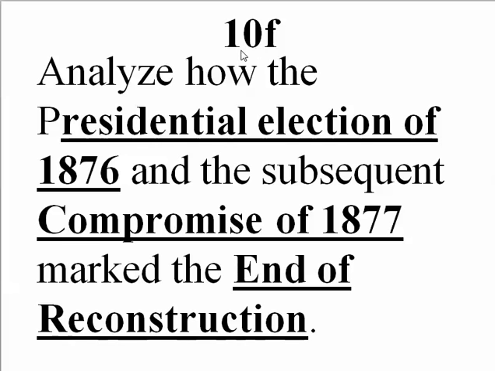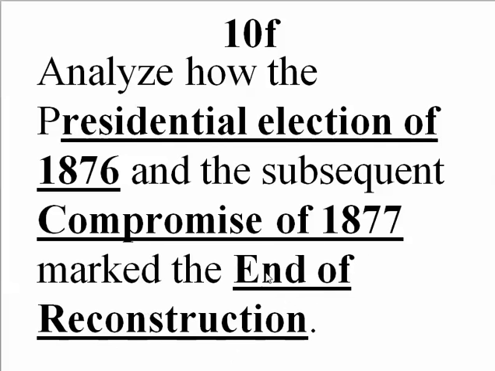Alright, let's look at Standard 10, Substandard F. This is going to be the last video of Unit 4 and the completion of the Standard 10 substandards. Alright, so it says: analyze how the presidential election of 1876 and the subsequent compromise of 1877 marked the end